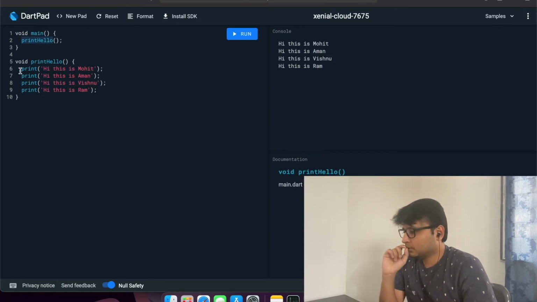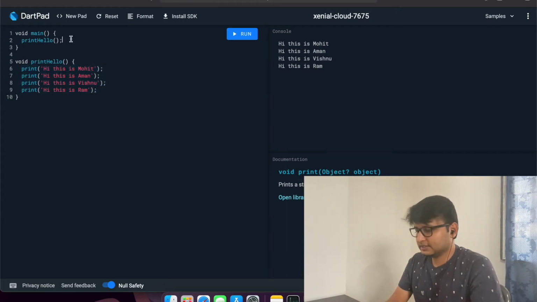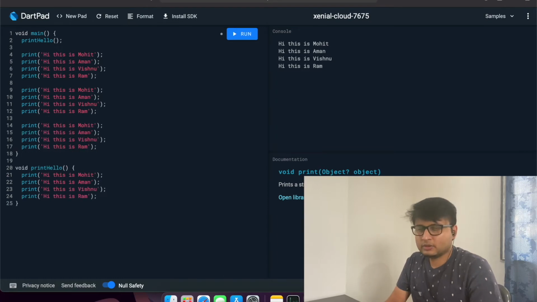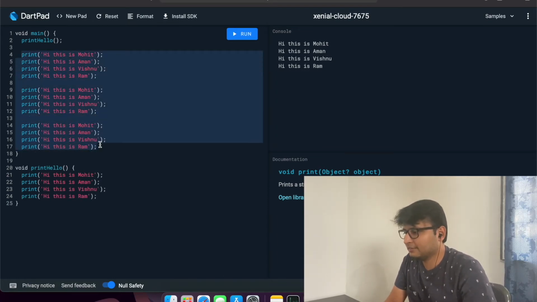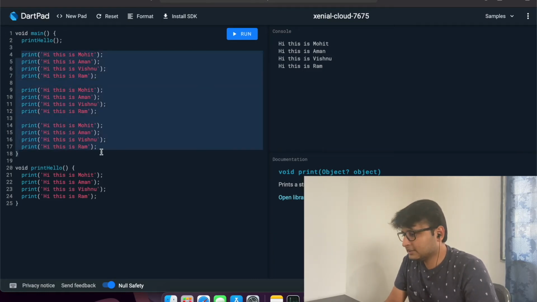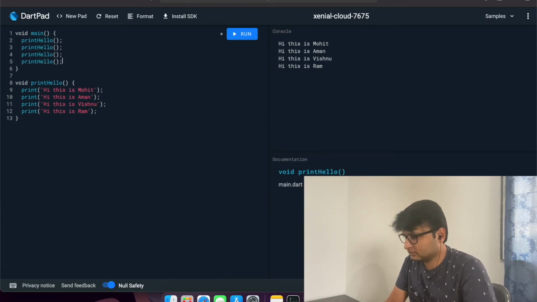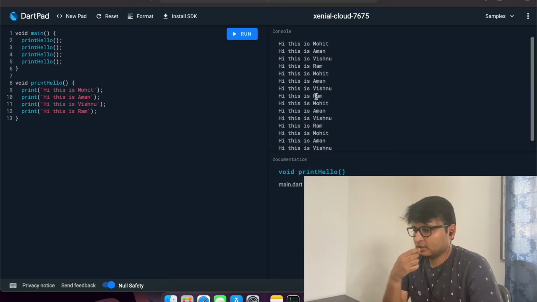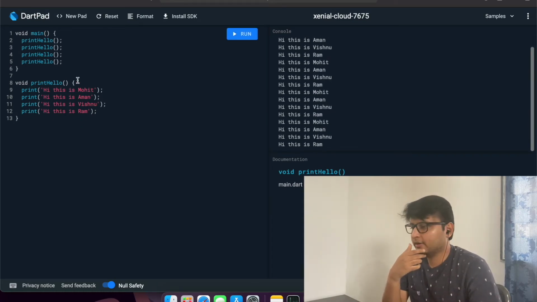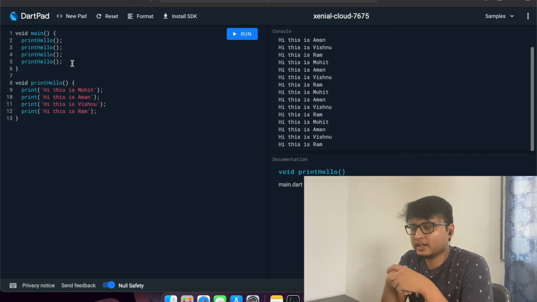Now suppose you have to print this thing manually 4, 5 times. Then what will you do? Will you do it like this? Will you do it like this? No, this looks very creepy, very bad, because the code is repeating again and again. So to stop this, we have the function. We can call this function multiple times like this, and now you do the run. You can see all the print statements are getting executed 1, 2, 3, 4, 4 times, and the code looks very simple and very pretty. So this is the use of the function. We are reusing the same code again and again. I hope you are getting what functions are now.